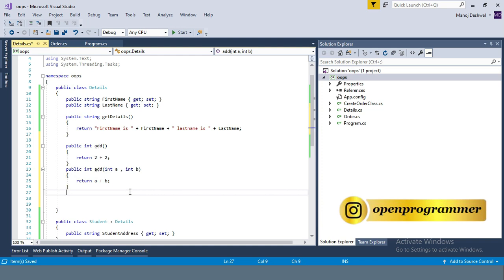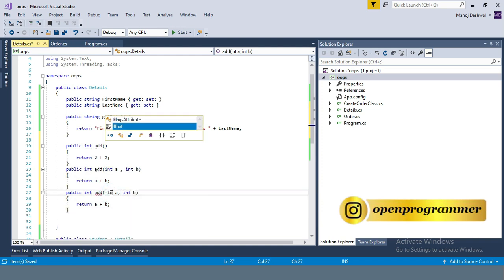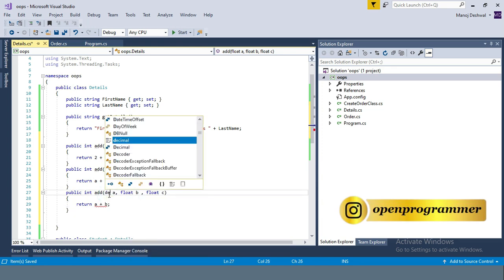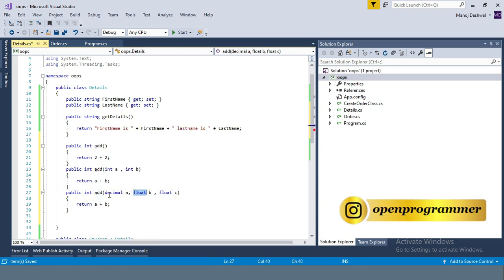Let me copy it, paste it. Float a, float b, float c. Or let's say decimal, decimal, decimal.